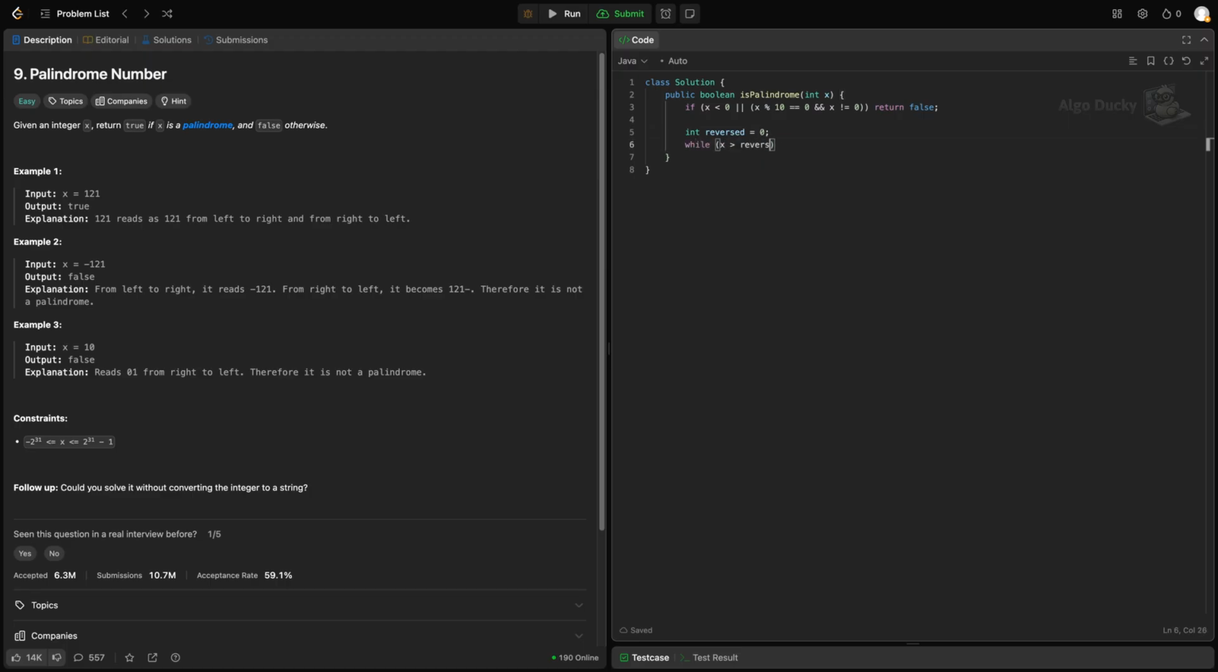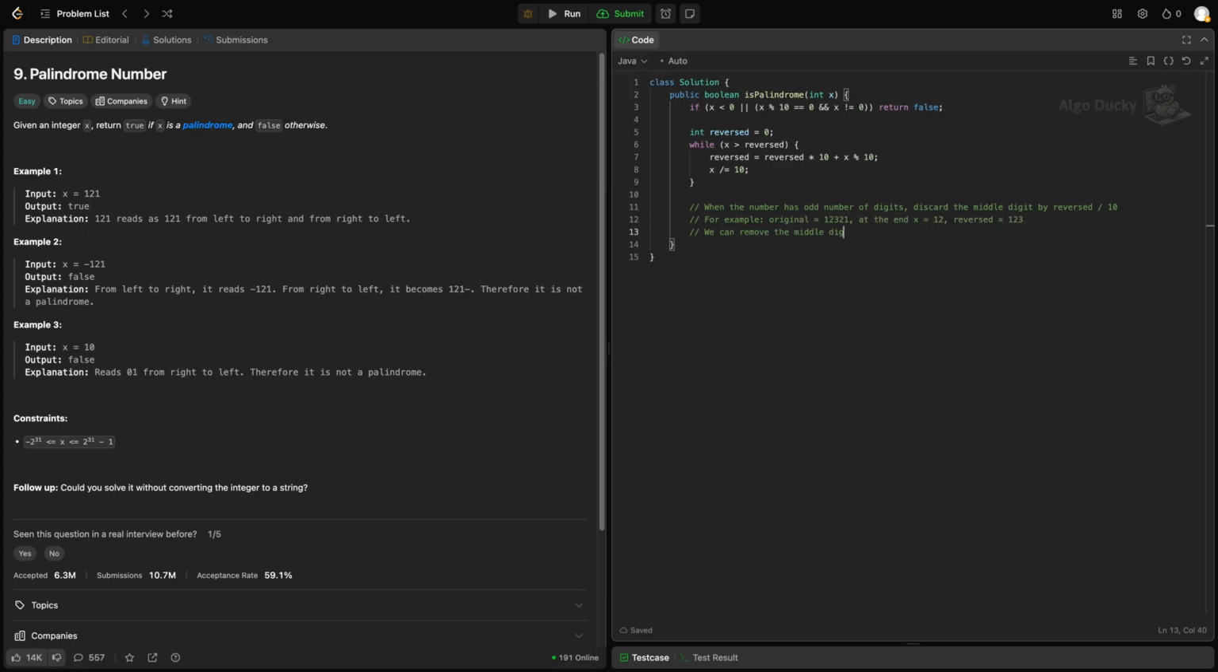We peel off digits one by one from the end, building the reversed half and shrinking the original. We continue while the original is still bigger, meaning we haven't hit the midpoint yet. To handle odd digit counts, we ignore the middle digit if needed. We check whether the original equals the reversed half, or, if there's a middle digit, whether it matches after dropping